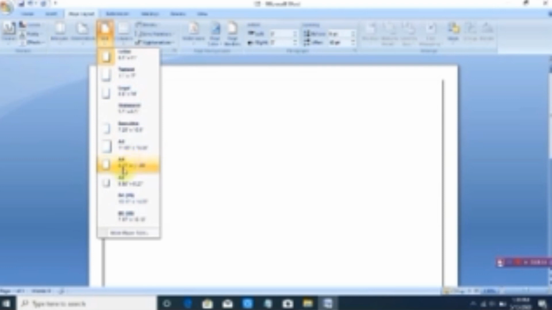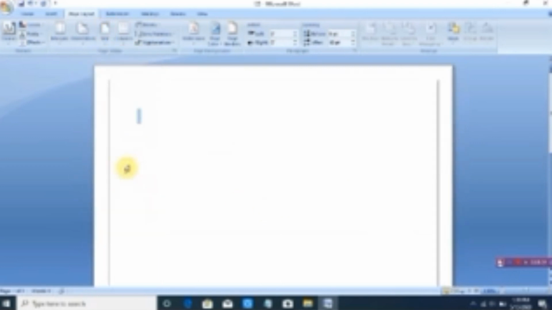The size of an A4 sheet is 8.27 into 11.69. That means 8.27 is the width of the paper, and 11.69 is the height of the paper. Then it is called A4 sheet. Click over it. Now it is converted into A4 sheet size paper.